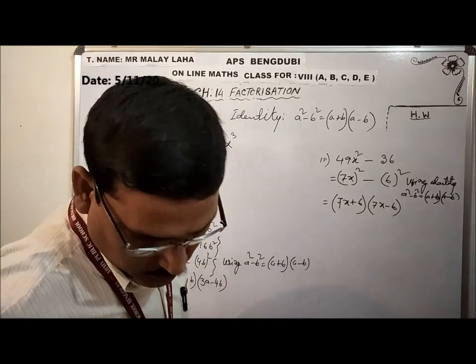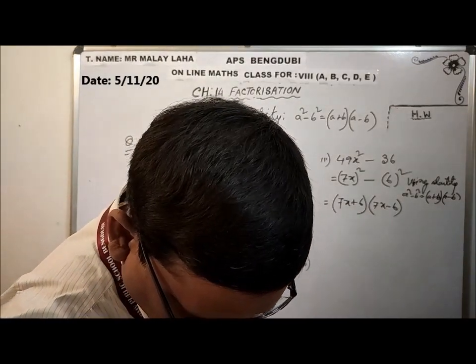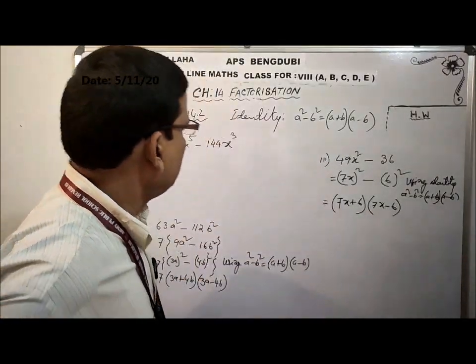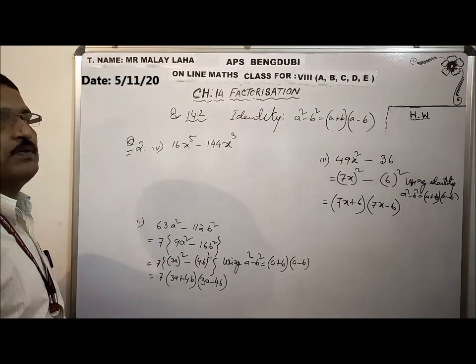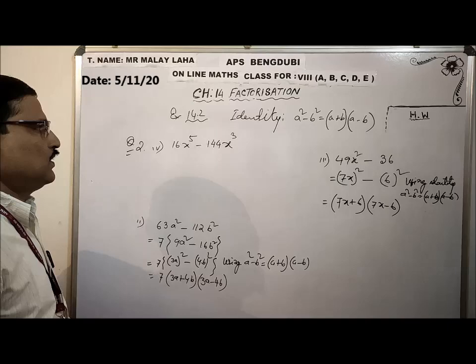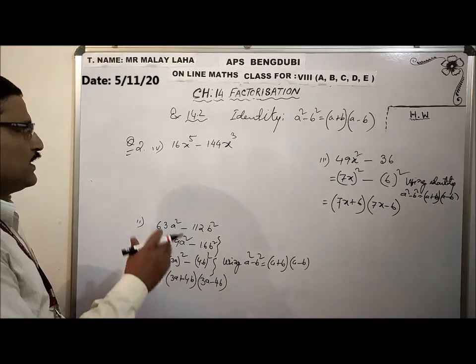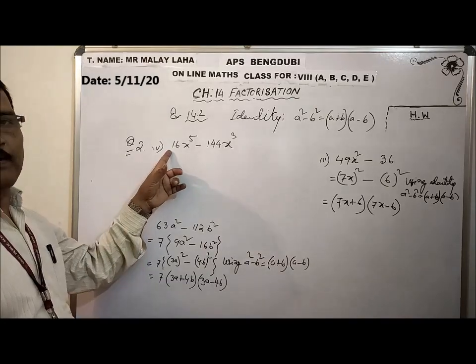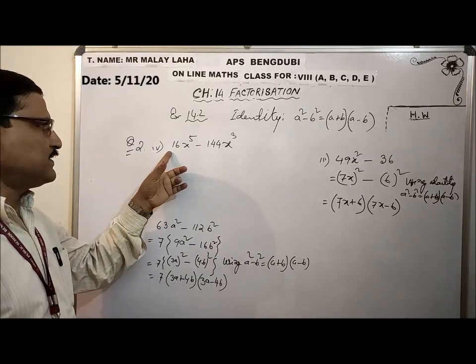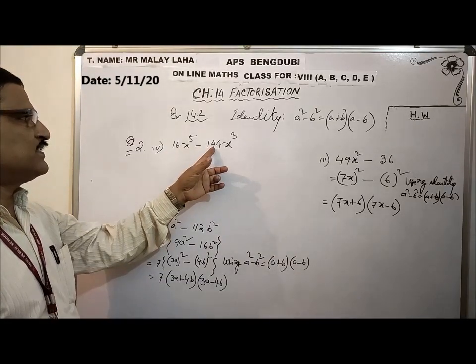So this one is x cube times x square. Then what is the maximum number I can take common from both? So in that, decide 16. 144 can be divided by 16,